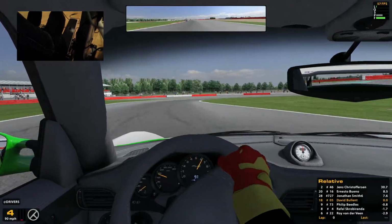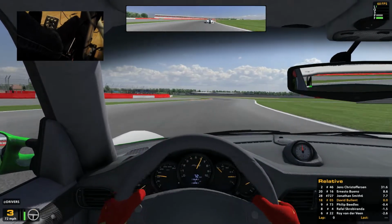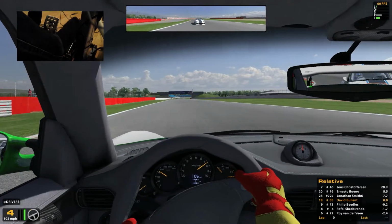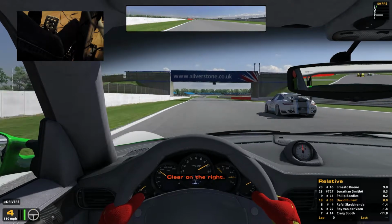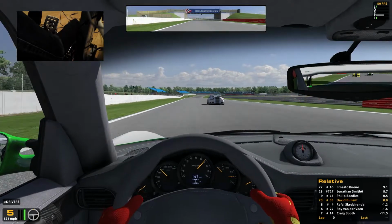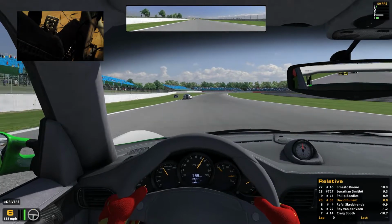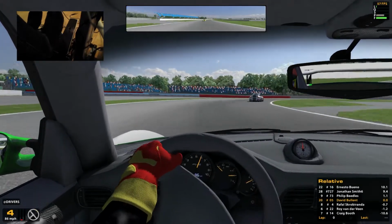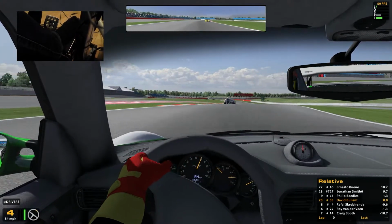is I've had to start heel and toeing, and I've got my G25 sequential gearbox set up, just like these guys passed, because that feels a lot more natural than heel and toe with paddles, which I just can't do. It just seems wrong to me. A car that's got paddles, you shouldn't need to heel and toe. But